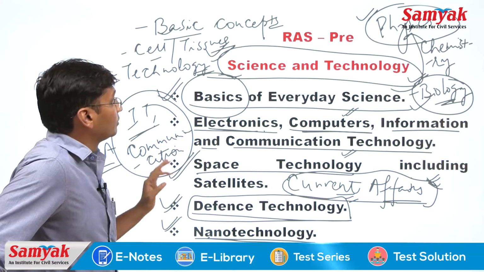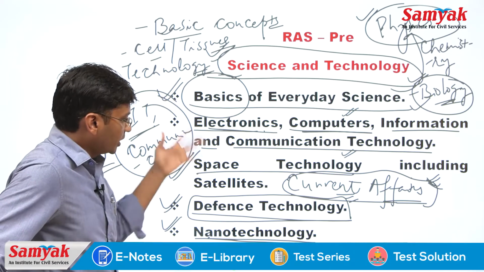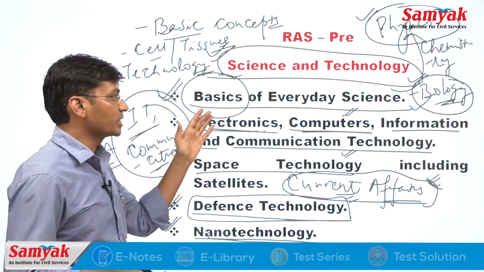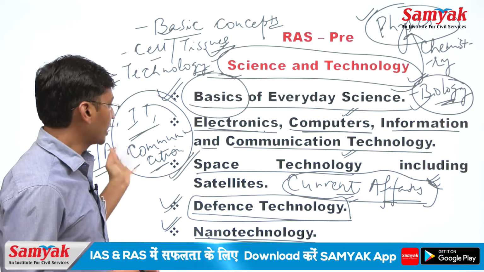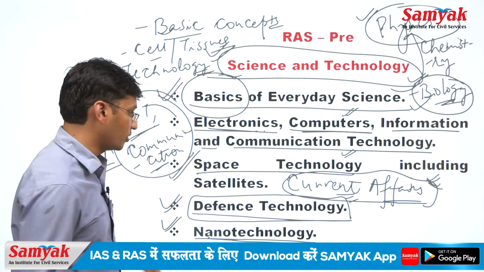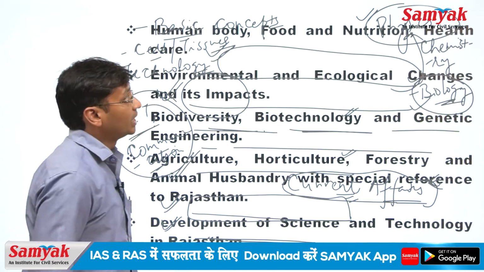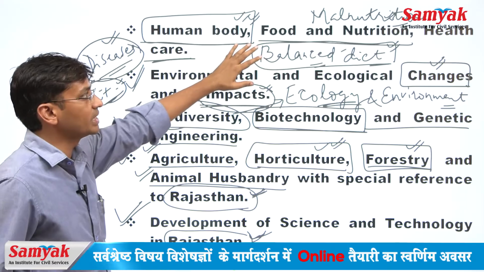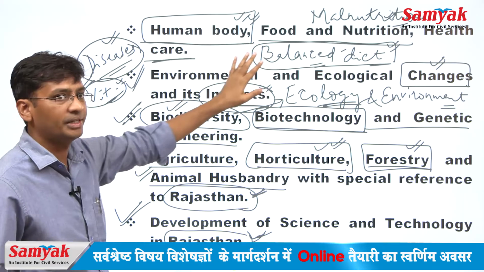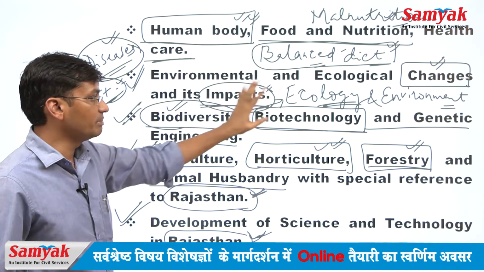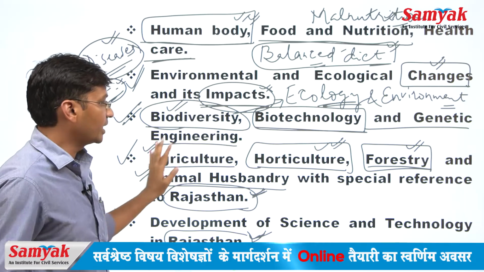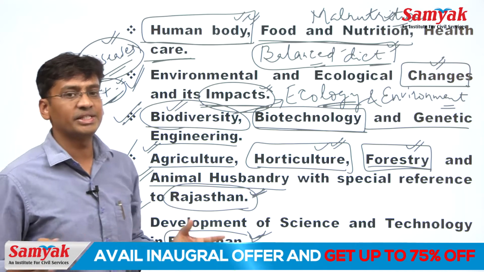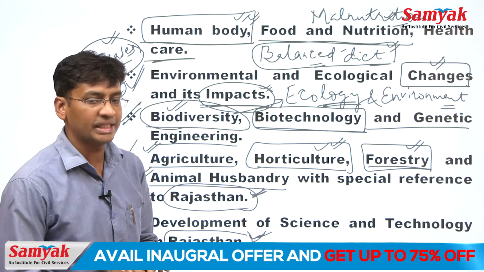So, these are the basic units, that is, the chapters which should be emphasized: electronics, computers, information technology, communication technology, defense, nanotechnology, and the basic science, that is human body, food and nutrition, malnutrition, balanced diet, health, diseases, environment, ecological changes, biodiversity, biotechnology, genetic engineering, agriculture, horticulture, forestry with a special reference to Rajasthan, and the developments of science and technology which are taking place in our state, that is